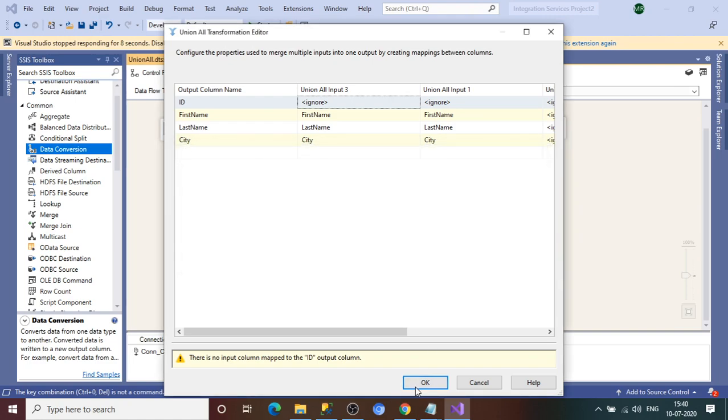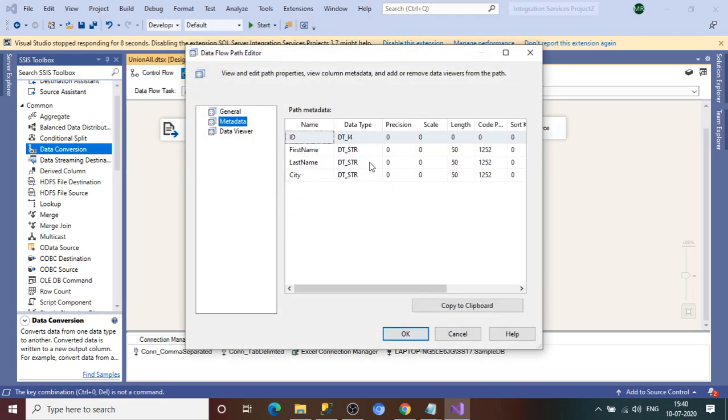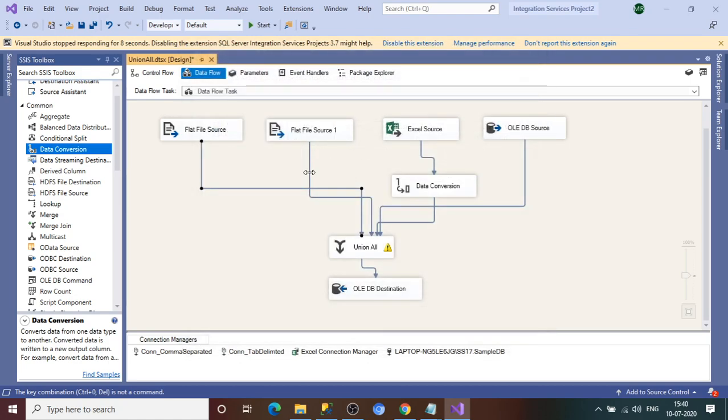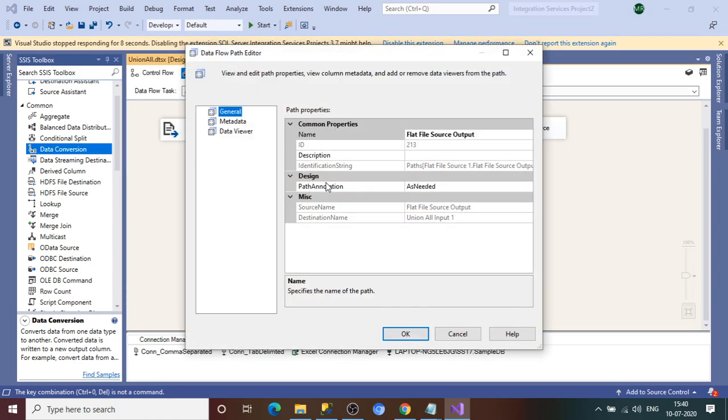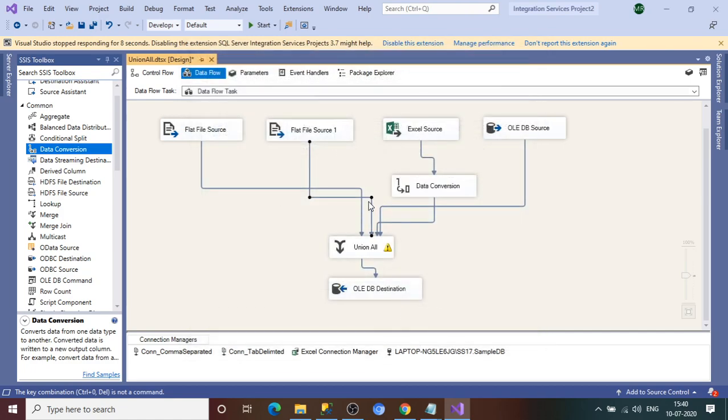So again we need to check the metadata for each of the sources. ID, first name, last name, 50/50, which is fine. Then check the metadata here. That is the only tricky part when you use the union all transformation. First name, last name, city, this is also fine.